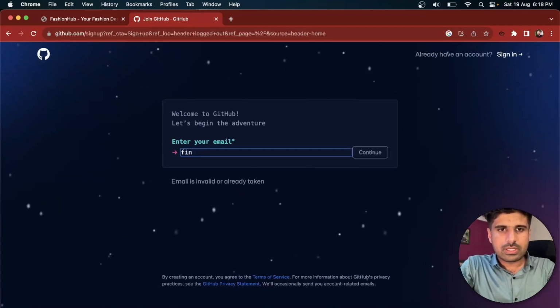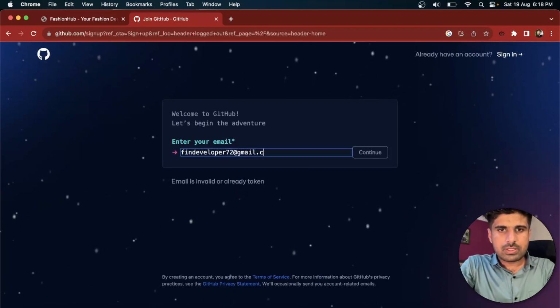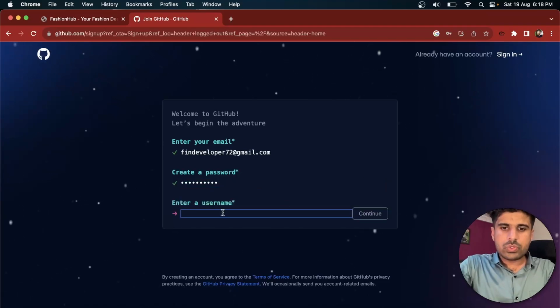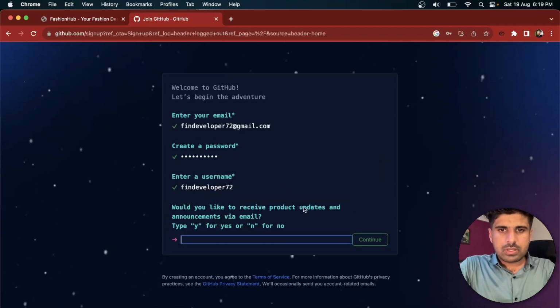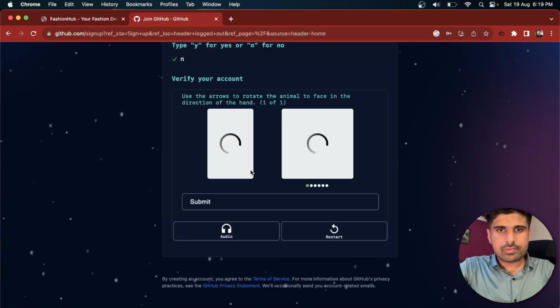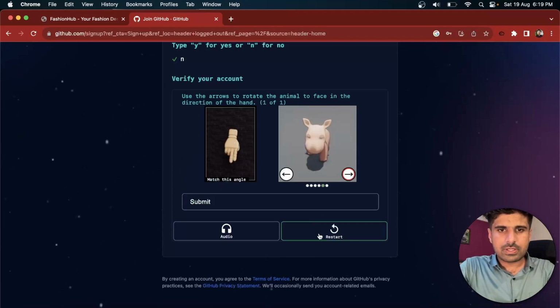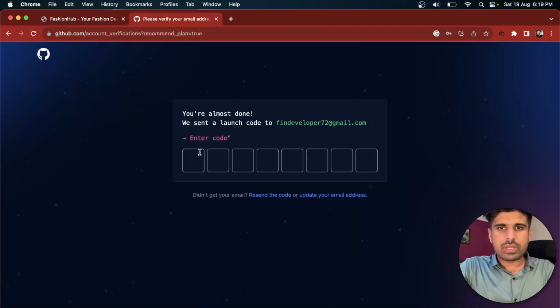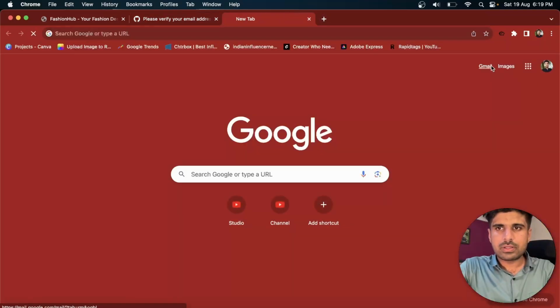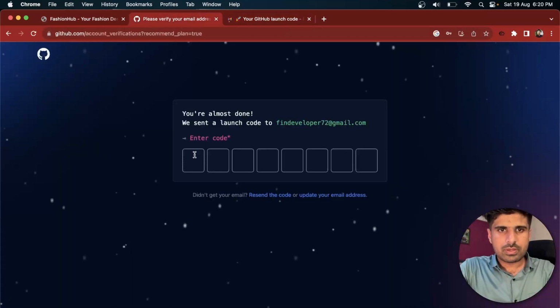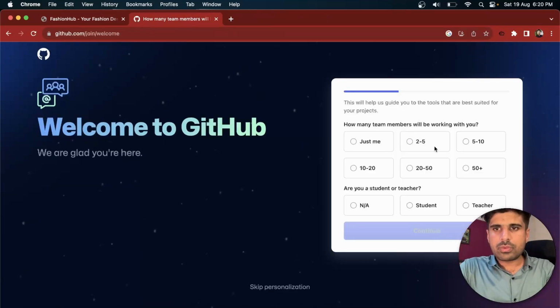Now you need to enter your email ID @gmail.com. Let's enter your password, continue, username, continue. Now just solve the puzzle, just move it in the direction shown. Here we go. Okay, now we have received a code. Pick that code from your Gmail. So here we are on our Gmail. This is our code. Copy, paste the code,